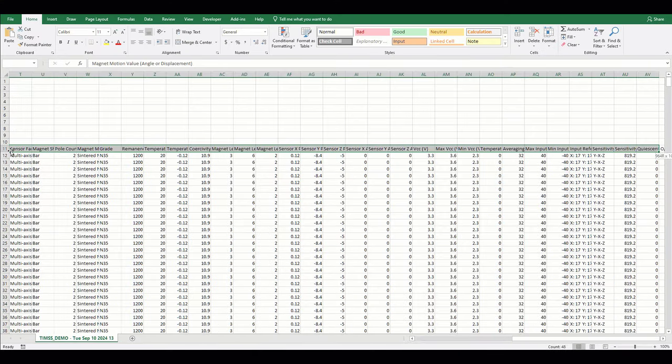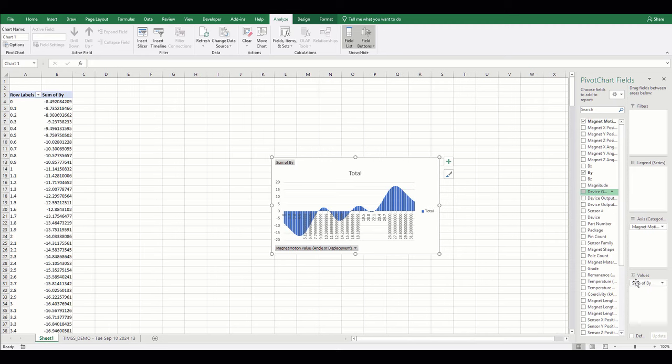By selecting the pivot table option, we will be able to filter and organize our results to allow for custom plots that can be quickly adjusted to demonstrate the magnetic response. If we set the axis category to our motion and our values category to the data we want plotted, we will get a summation of all the results from each sensor. To further separate these, we will want to filter by the sensor number.